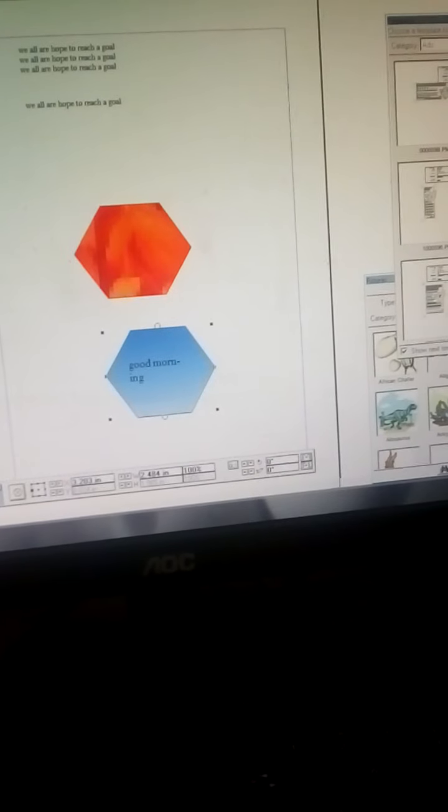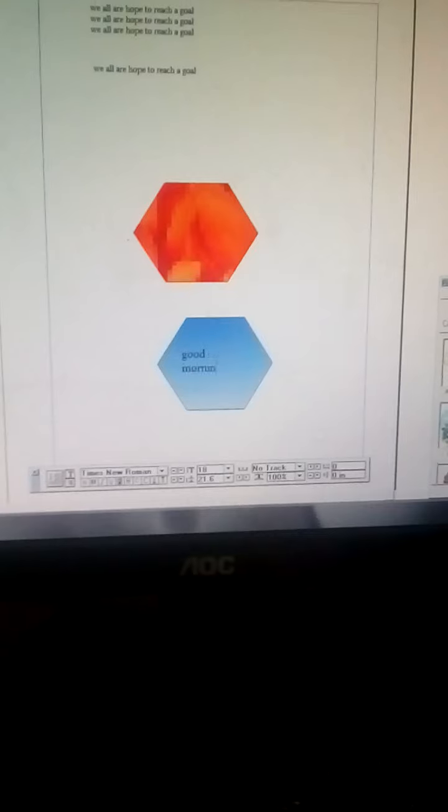If you resize the polygon, you click here and drag it. Again you choose this, and that image size will change.